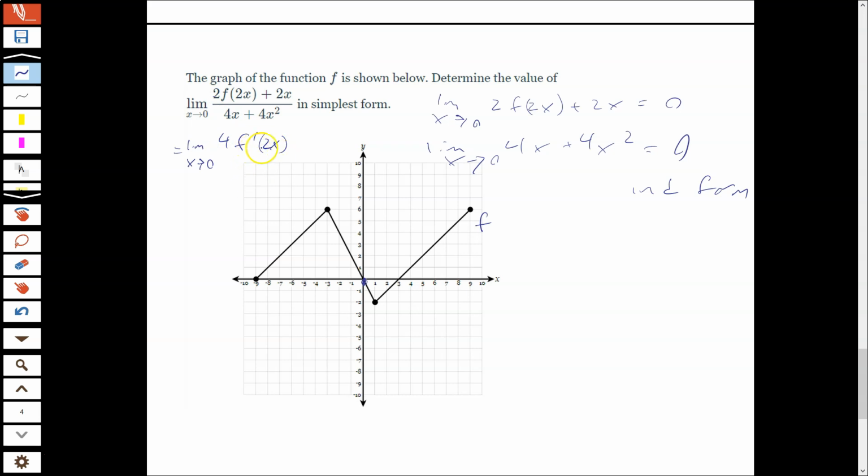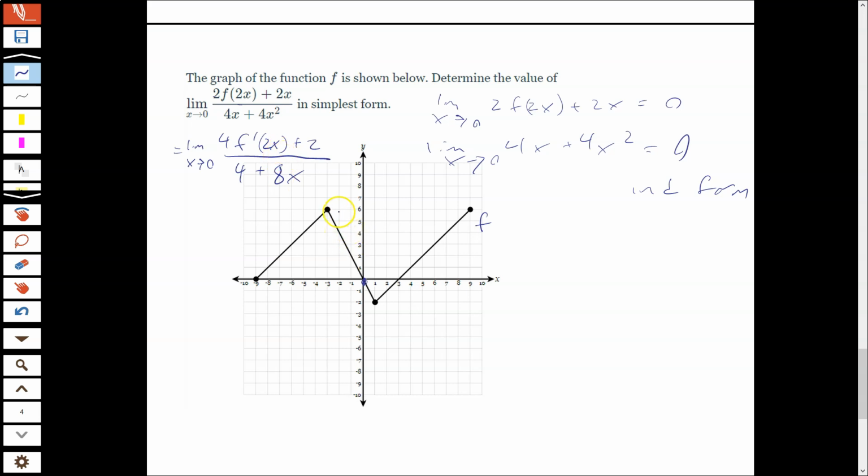Okay, so just to be super clear, f prime is the derivative of f, and then I multiplied that 2 by the inside 2 using chain rule. So watch for that. Plus 2 is my derivative on top, and then on the bottom I get 4 plus 8x. Okay? And then when I plug in 0, so f prime of 2 times 0, so now we want